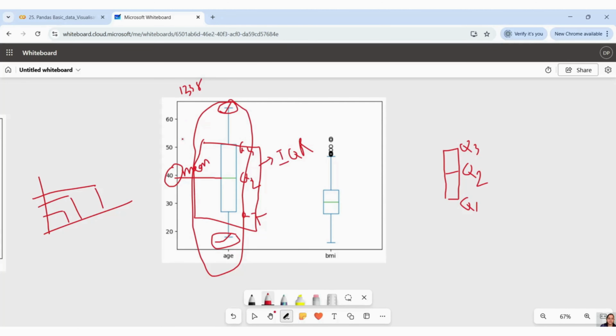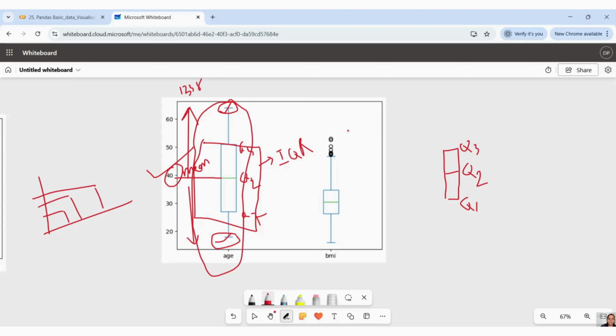Okay. Now we will see. That means what I am understanding from this graph is, okay, this is my mean line, right? This is where maximum people are there who are taking insurances, right? Do I have any outliers? Guys, I don't have any outliers, right? It is saying, okay, above this area till this, it is fine to be here. Below this area, right, it is fine for me.